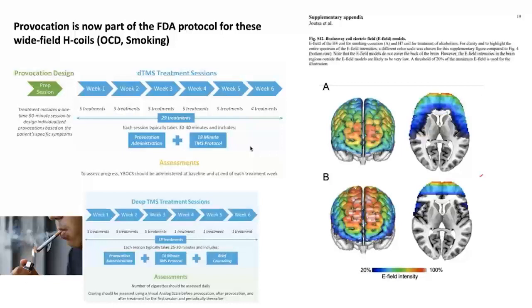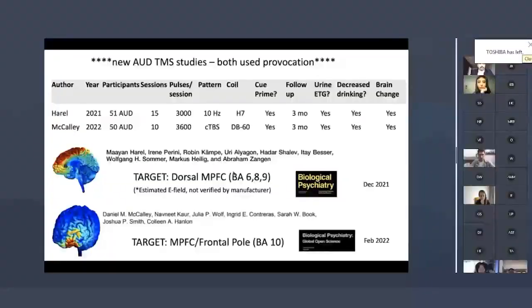And I think this might be an interesting way to think about it. So with these wide field H coils, we're not targeting in a very specific brain way. But when we have cast a wide field and we pull the brain into a specific state, then the electric field is more likely to overlap with the individual's fingerprint of the brain state associated with smoking or the obsessive behavior. And there's 2 studies that have been done recently in alcohol use disorders as well, which use